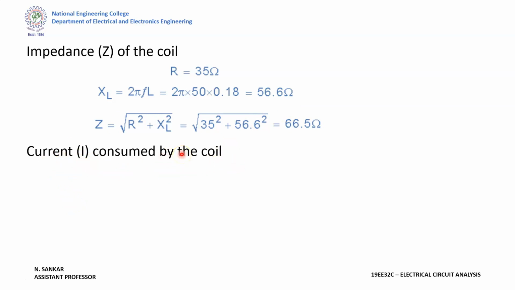Okay, so as per Ohm's law, I is equal to V by R. Here it is an AC circuit, so I is equal to V by Z. We know the value of V, that is the RMS value, which is 100, and Z we just now found to be 66.5. Just substitute the same. The answer will be 1.5 ampere. That is, RMS current is equal to 1.5 ampere.